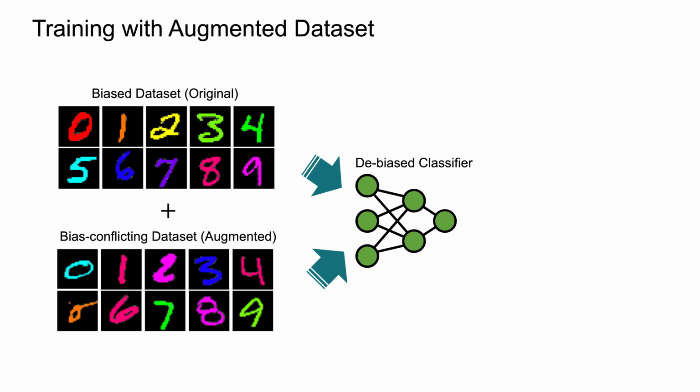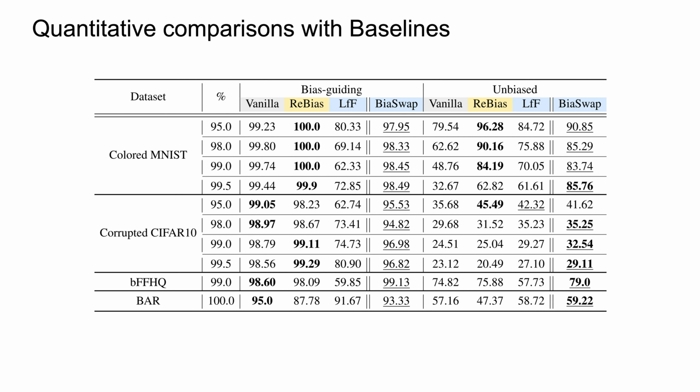By adding such augmented images into our training dataset, we can alleviate the dataset bias caused by the dominant number of bias-guiding images in the dataset, thus enabling the model to learn the debiased representation. As a result, the table demonstrates that our method achieves robust classification results in both biased and unbiased test accuracy against the baseline methods over every dataset.